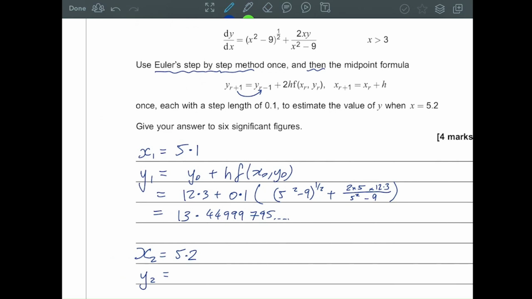So this is a fairly easy fix in my calculator. I just need to go back, and every time I see 5.1, change it to just a 5. This might also make that number slightly nicer. Indeed it does, because that 5 squared minus 9 gives you a 16, which square roots, whereas before it was not. Okay, so this does have an exact value, 13.46875. Okay, so now going forwards, and again, exam technique, I realised that I wanted to sub 5.1 in here,